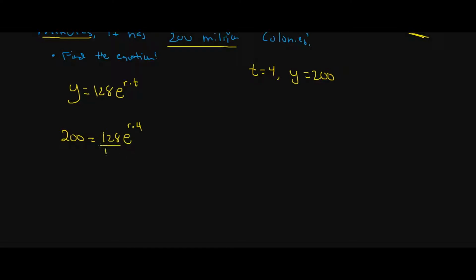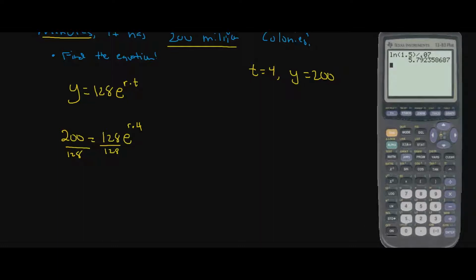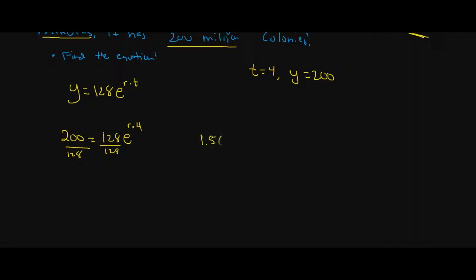Well, first of all, let's divide both sides by 128. We're going to get 200 divided by 128, so let's write that down. 200 divided by 128, and we get 1.5625. So 1.5625 is equal to e to the, well, instead of writing r times 4, let me just write it as